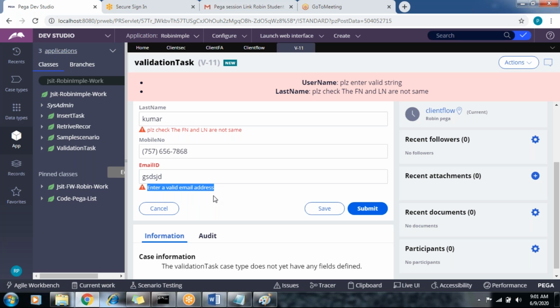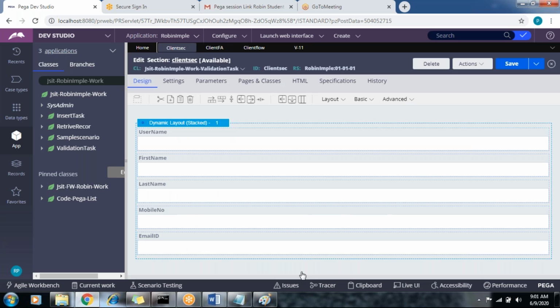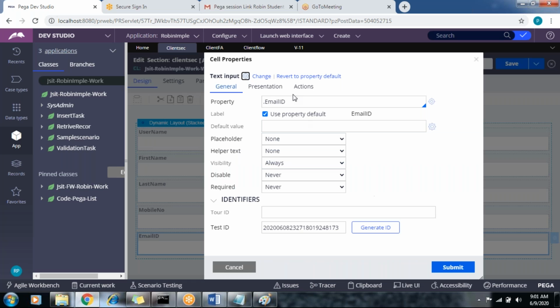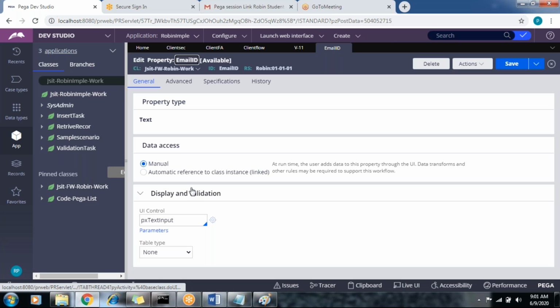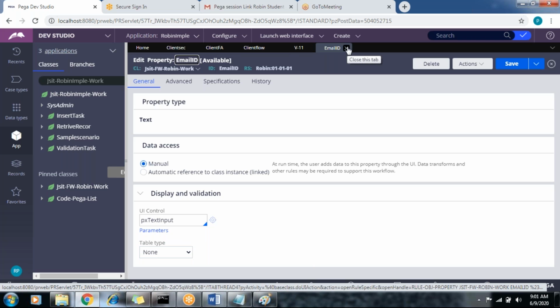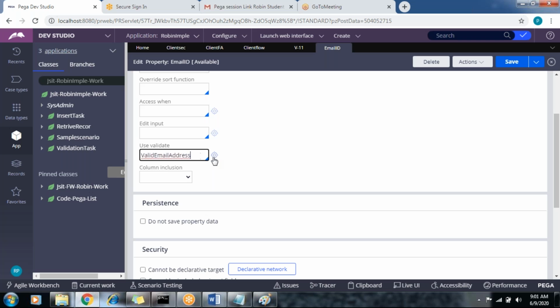This is a predefined error message display. So where is this message? Open the section in the email property. Open this property.